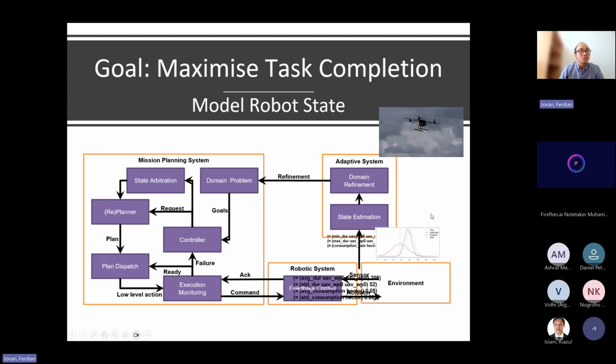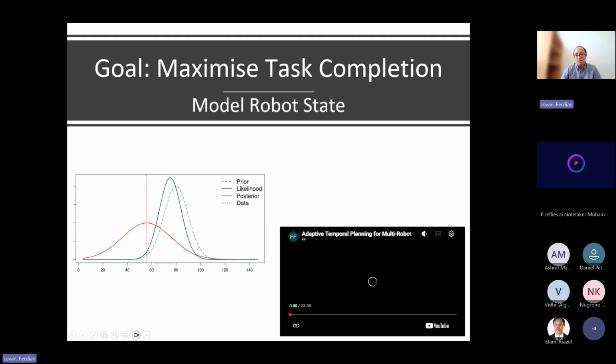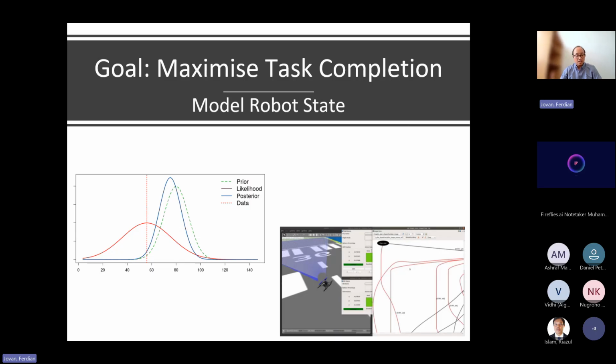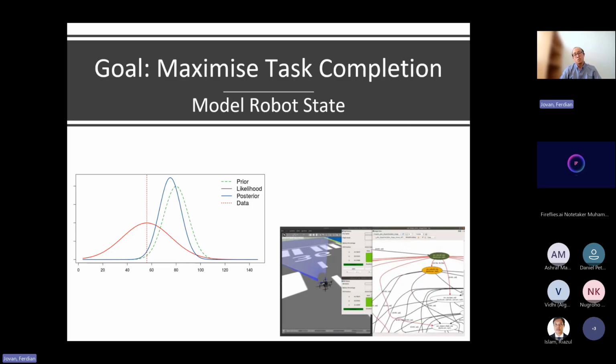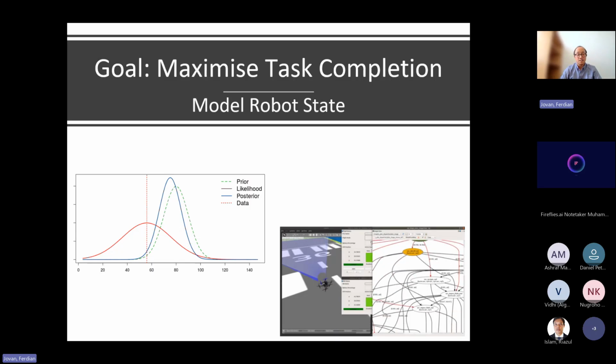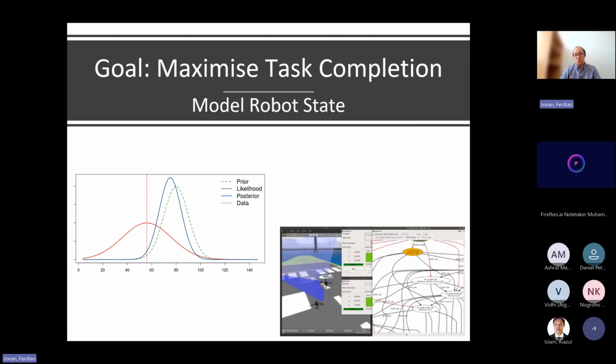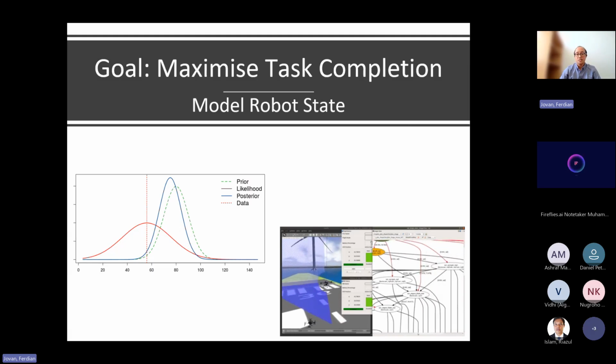Let's just move on to this, maybe it's easier with this example. The concept I'm using here is similar to the one I employed in my previous mobile service robotic research, with probability distribution and also a Bayesian filter.